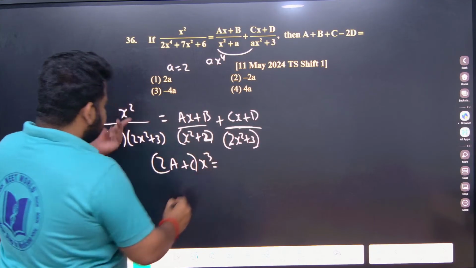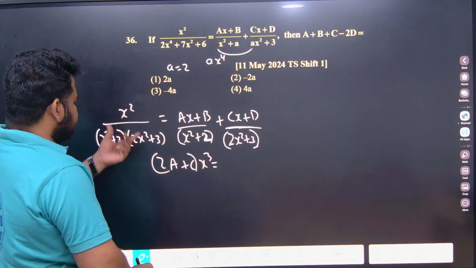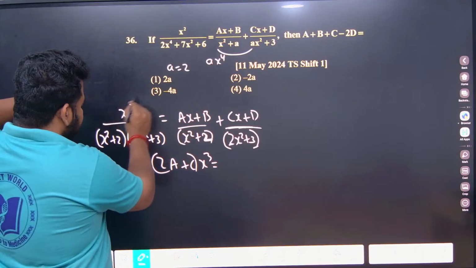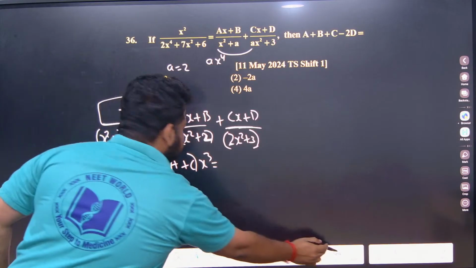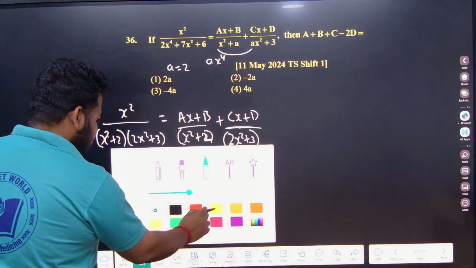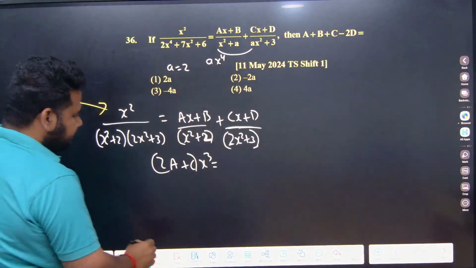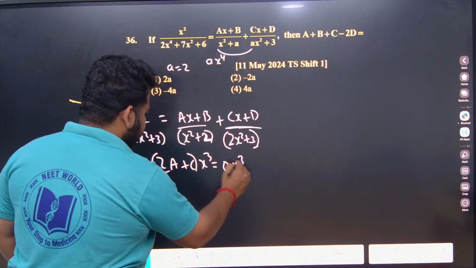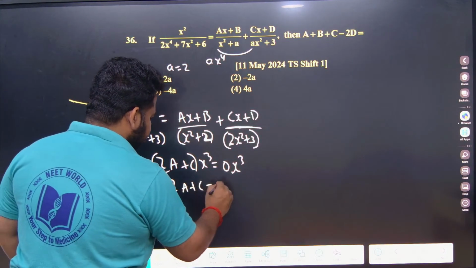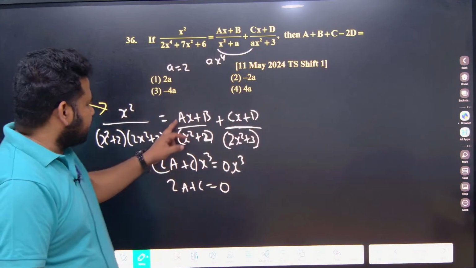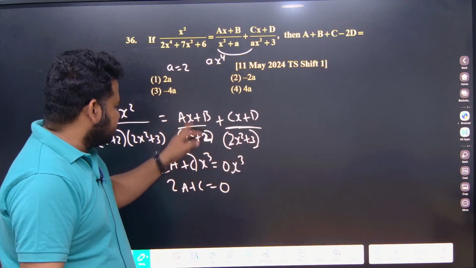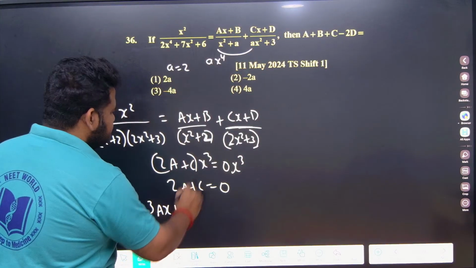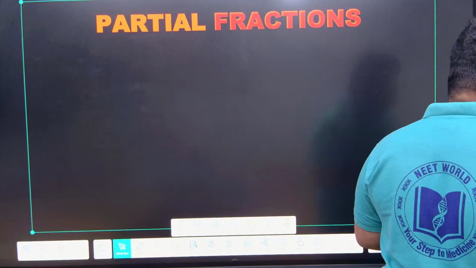Here, is the x cube term there in the numerator? No. Because on comparing coefficients the denominator will be eliminated, I will have only the numerator. You have to focus only on the numerator. So the x cube term is not there in the numerator, that means I can write 0 x cube. So 2a plus c will be equal to 0. Similarly, if I take the constant value, 3a into x, that will become 3ax plus